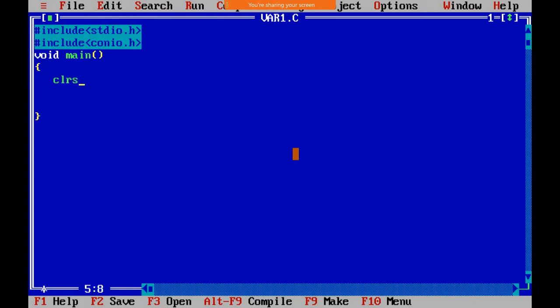And here I will write clrscr and getch. clrscr is used to clear the screen. In the last section we already discussed, if you want to declare the variable, make a note of that. We did two things: declaration of variable and initialization of variable. And second thing, declaration as well as initialization of variable. Make a note of that.